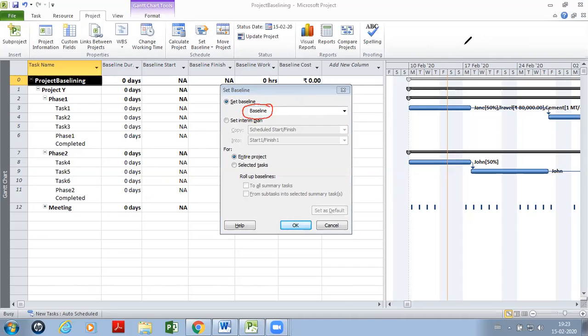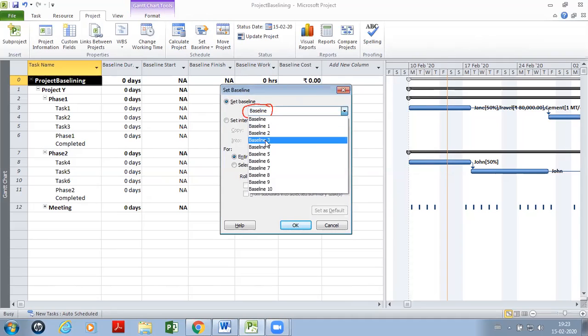Those other choices are: will it go into Baseline 1, Baseline 2, Baseline 3, Baseline 4, all the way to Baseline 10. So you can specify which baseline the current data should go into.